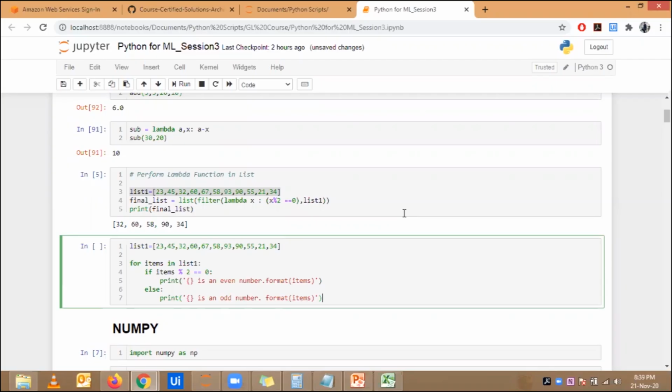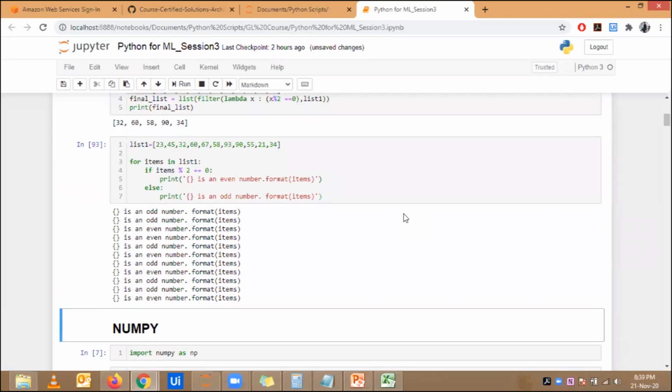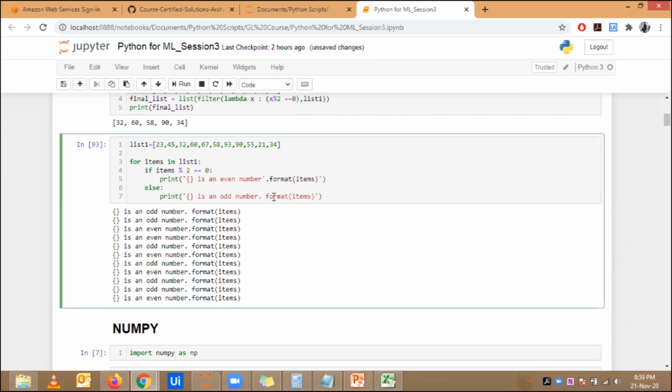I did a syntax mistake. Actually it should be till here, so this has to go outside the quotation.